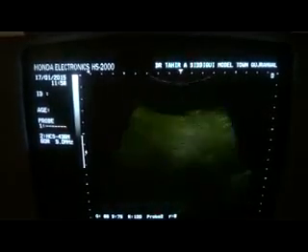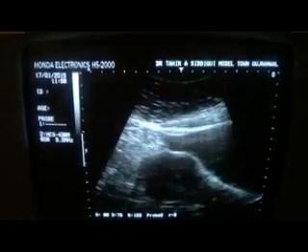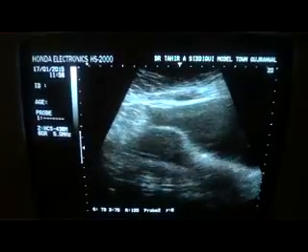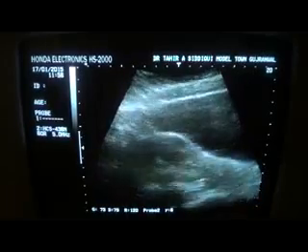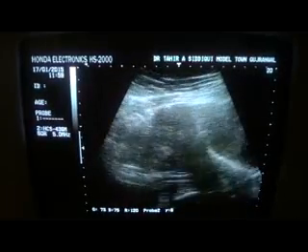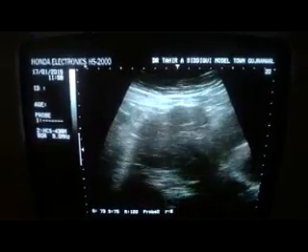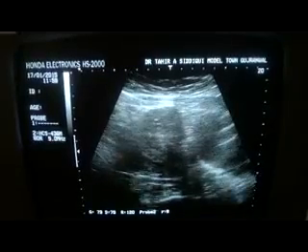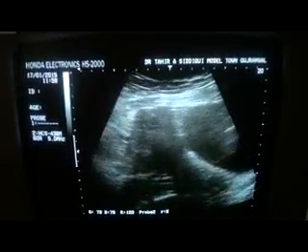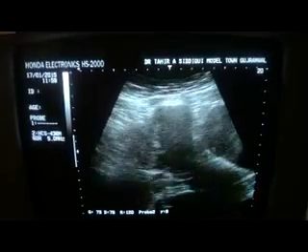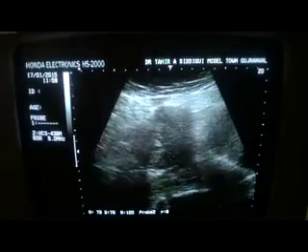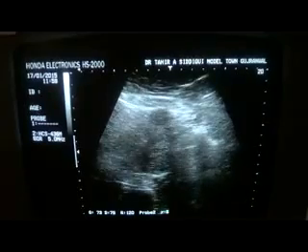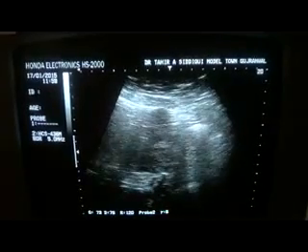And then as I move upwards, she gives the history of 2 months amenorrhea with spotting now for the last 4-5 days. So here you will see a cystic area which is best seen in transverse section. Tiny cystic area